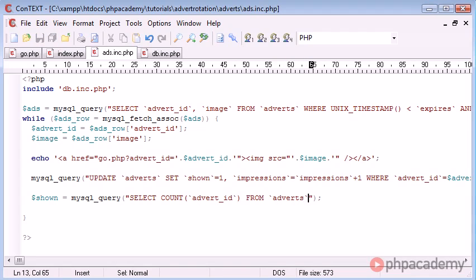Remember, our table is called adverts, and this is where shown is equal to 1. Okay, so this is selecting all records where shown is equal to 1. Oh, in actual fact, no, sorry, we need to say where shown is equal to 0, because as it stands